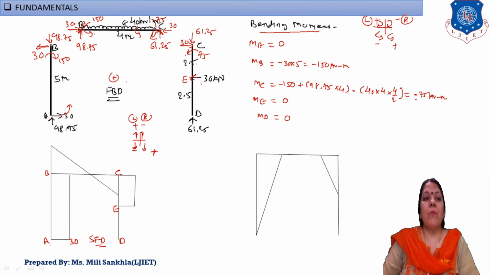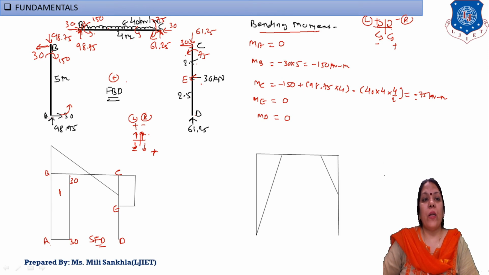Next at B point, the support reaction is given upward, but this one is the left side and this is the right side, and right side upward is equal to minus. Again our diagram at B is inside and the overall diagram is minus, and here the value is 30. Clear? Okay, the AB member is subjected to a point load, and the diagram of this point load is in the form of a box.